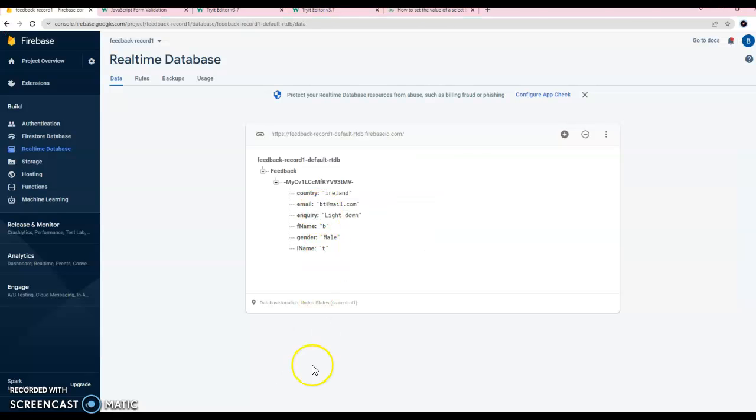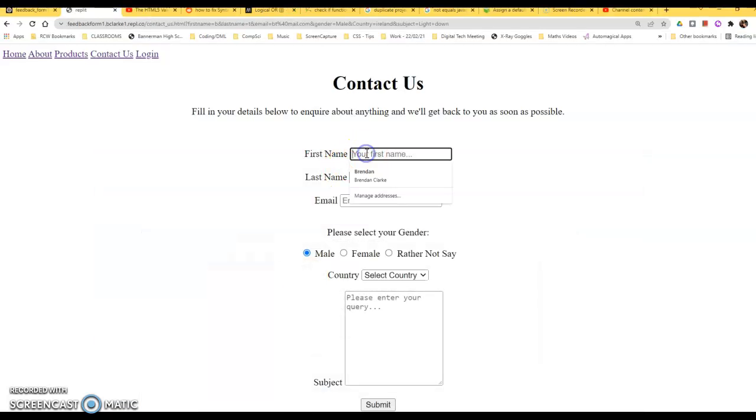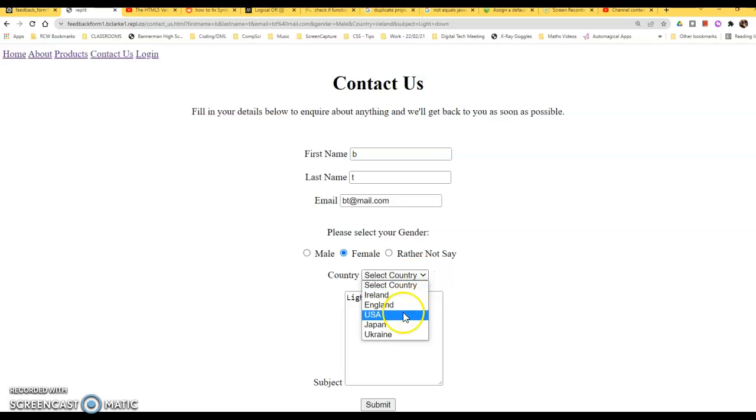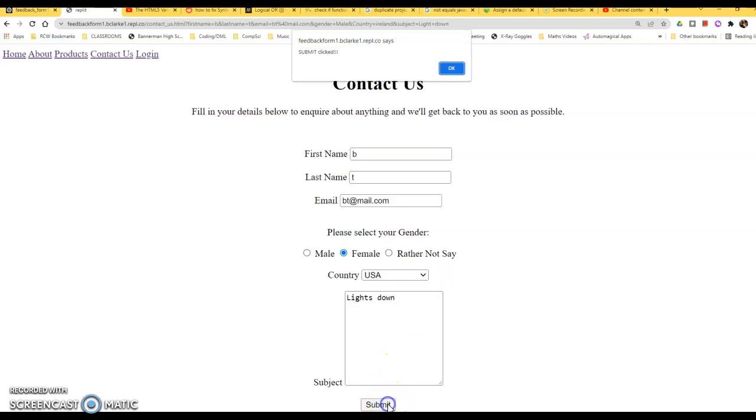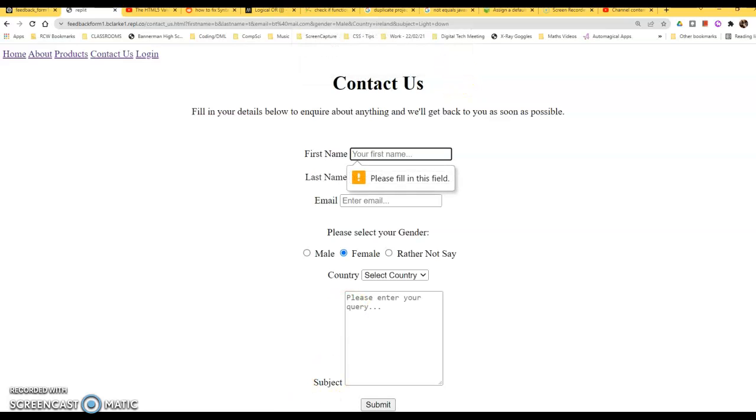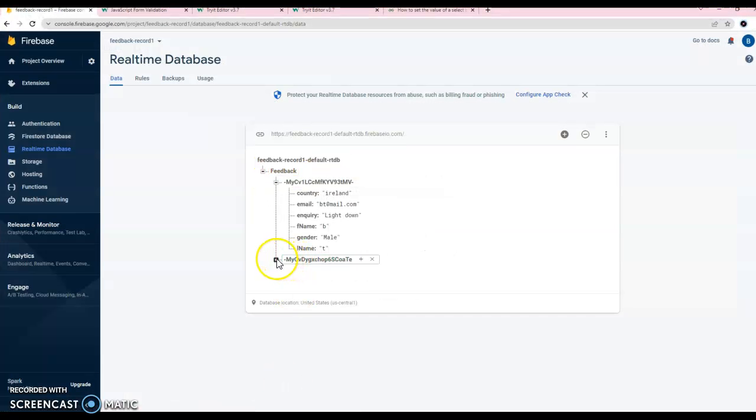Never showed you in the last video the data going in. Just a quick run through again, make sure that it goes all right. et@mail.com. This time I'm going to choose female and say lights down, or make a few mistakes there. Lights down, select country there, in USA, click submit, click OK, and you can see that my data has gone